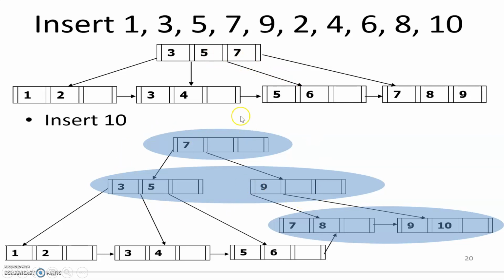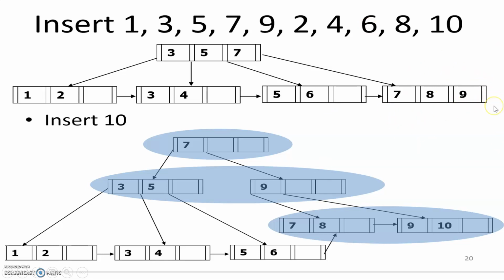That means in the index node, I'm not going to repeat the keys, because these are my index. There is no need of repeating the index again. Whereas these are leaf nodes, so if some key becomes an index, it needs to be repeated in the data node also, but not in the case of the index tree. Please note this carefully. We can see this again when 10 is inserted.